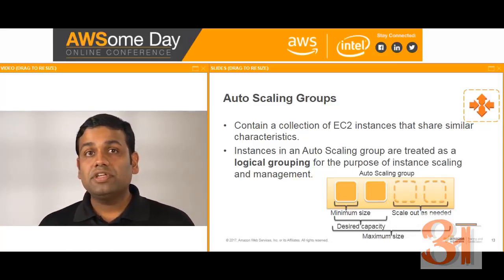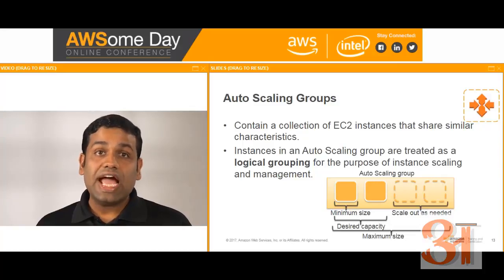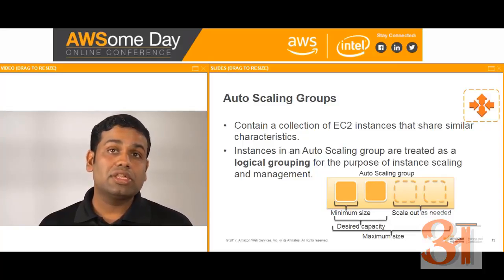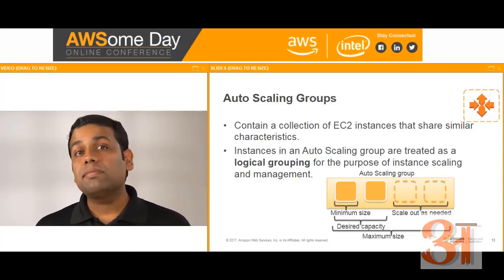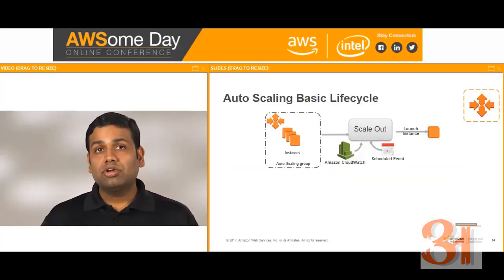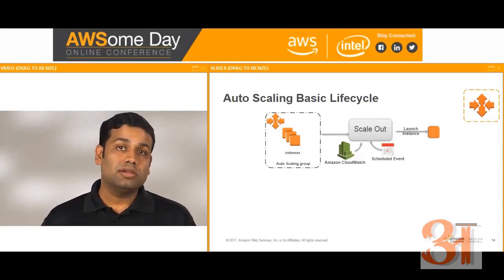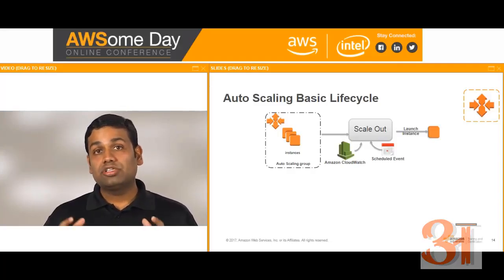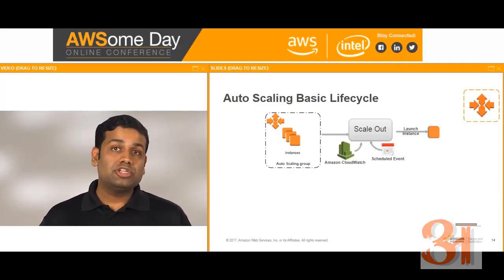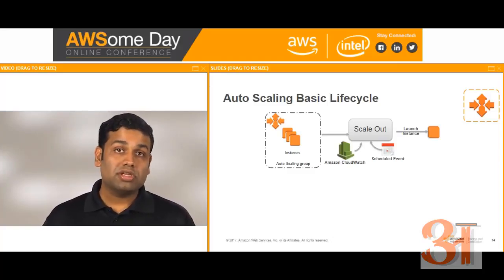Depending on the traffic directed to the application, Amazon EC2 instances can now scale between the minimum and maximum numbers. The final part of autoscaling is to define when autoscaling should scale. Autoscaling can scale based on time, defined as a scheduled event, or based on an Amazon CloudWatch metric that could